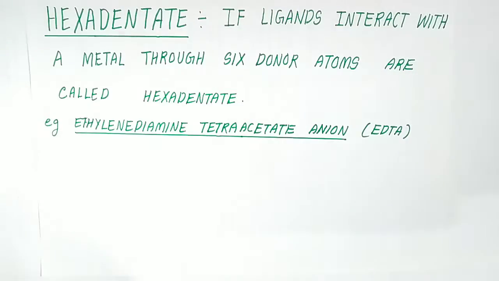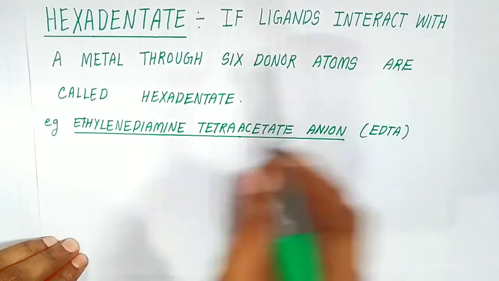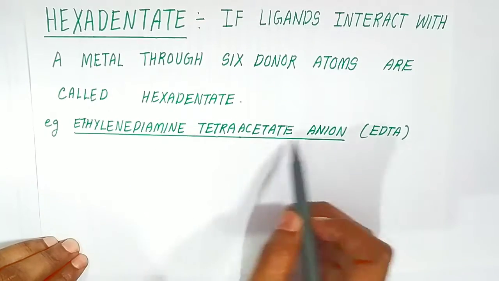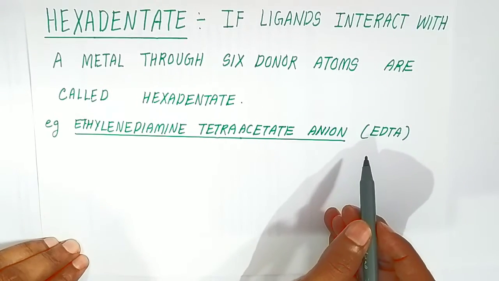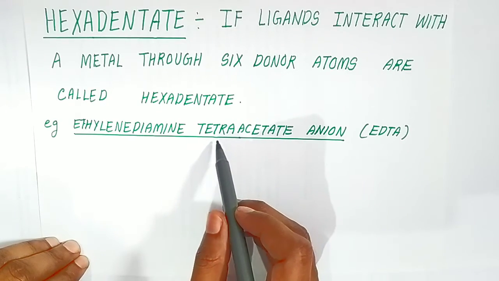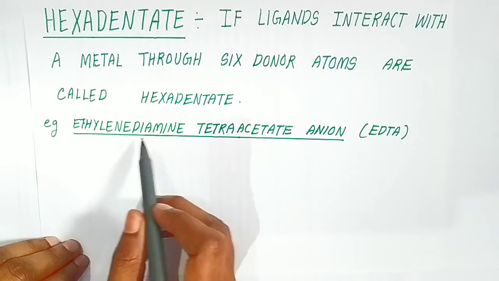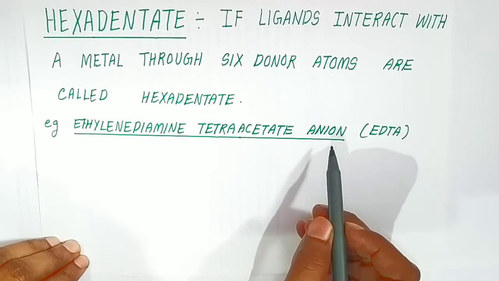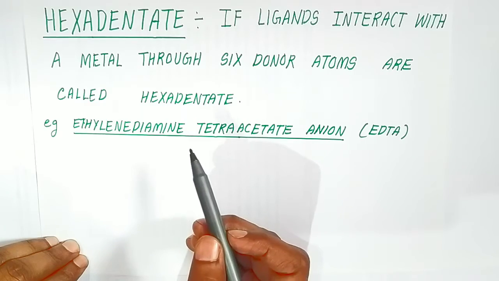Now students, come to the last part of the type of ligand, that is hexadentate ligand. If a ligand interacts with a metal through 6 donor atoms, it is called a hexadentate ligand. Ethylene diamine tetraacetate anion, shortcut we call it what? EDTA, which is a very famous example all over chemistry. Ethylene diamine tetraacetate. So here also, students, how many acetates? 4 acetate anions will be there and 2 amines. That means a total of 6 donor atoms will be present. From the name only you come to know whether it is hexadentate or pentadentate. Because tetraacetate and diamine, a total of 6 donor atoms will be there.